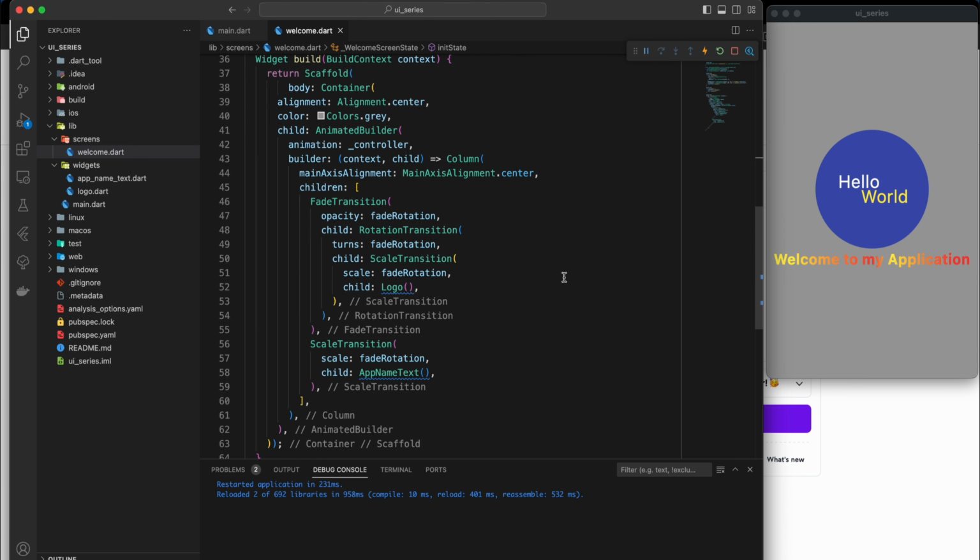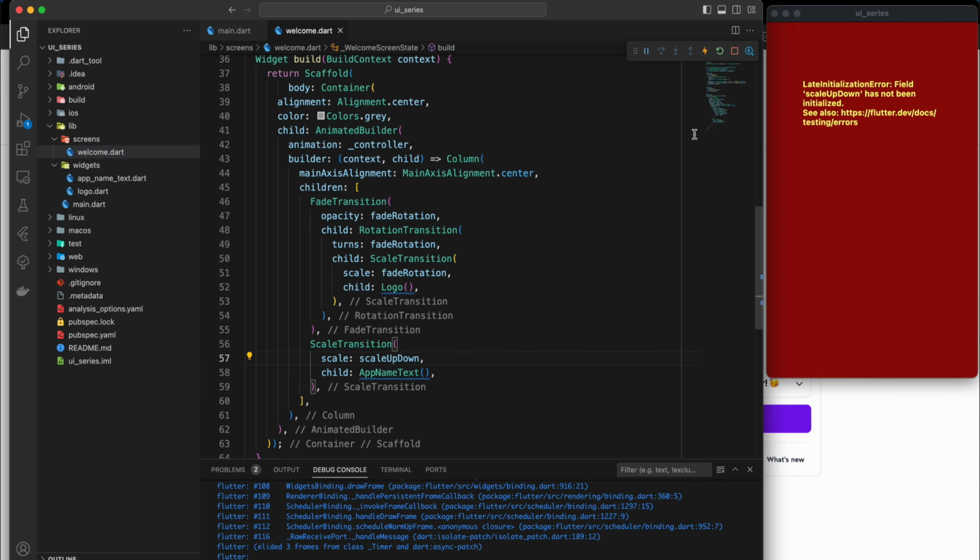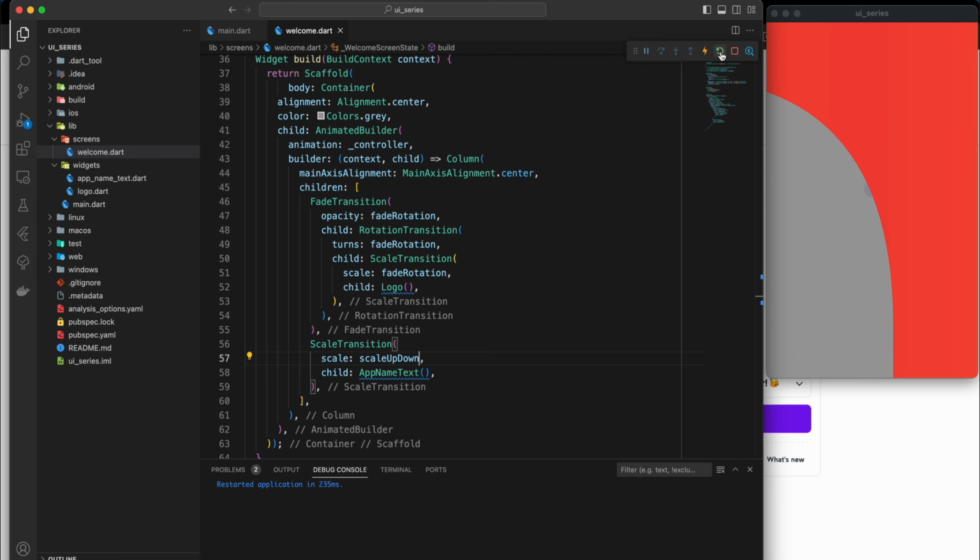Okay, so now I have added the scale up down option, so we just need to reload, and when it reloads,